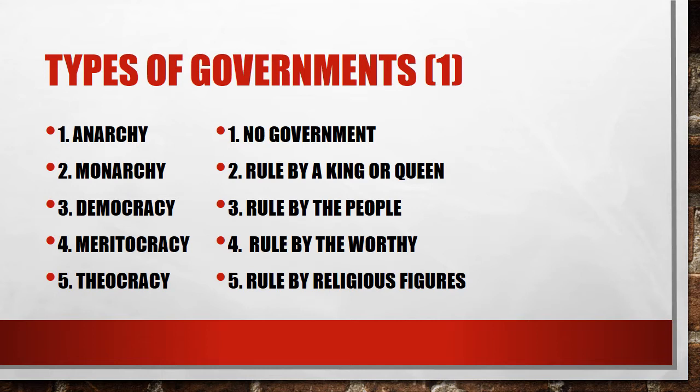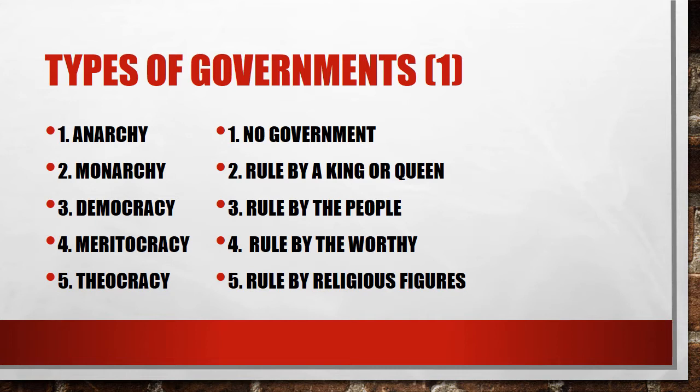In a theocracy, this would be a rule by religious figures. So imagine that there's some kind of a church who creates their own state, and all of the religious figures are now in control. So take, for example, the Catholics. If you know anything about Catholicism, the leader of the Catholic Church is the Pope. Now, in our world, the Pope is not actually an executive of any country, but in this case, imagine a country where the Pope is the president, all the priests are the senators, and in order for you to get anything done, you would have to get it approved by the church first.